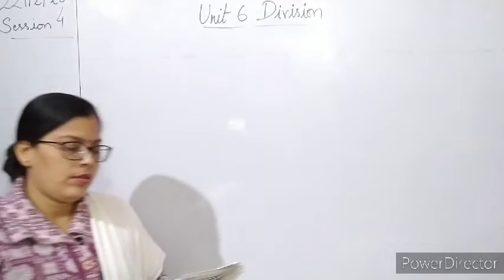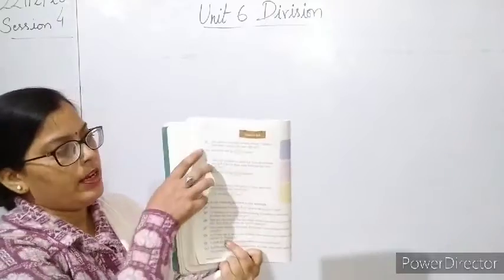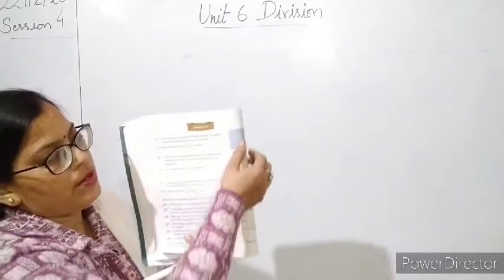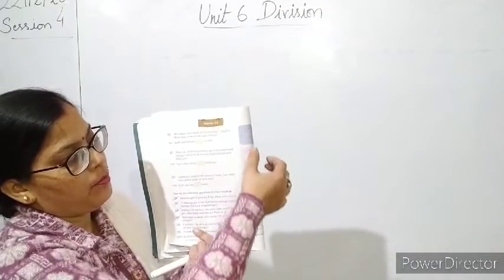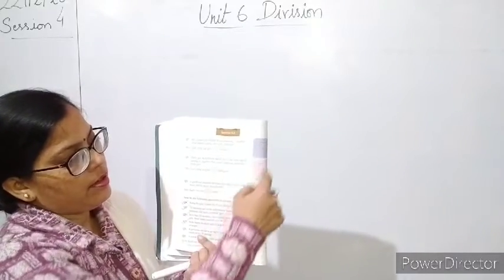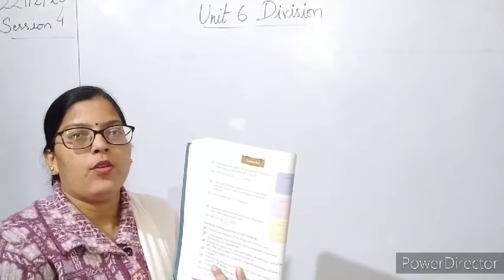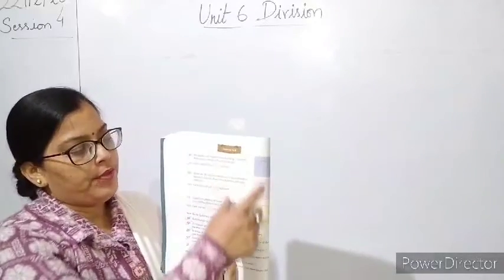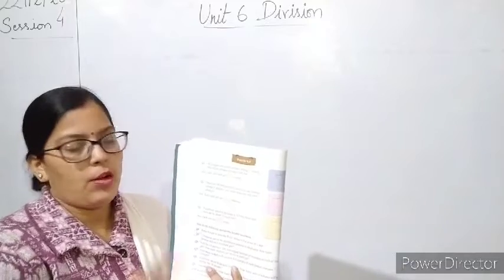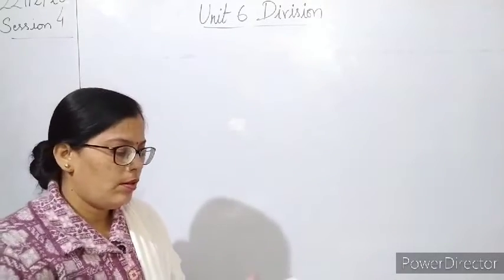So in this question, the first 3 questions here are given, and space to solve these questions has also been given, in blue, pink and yellow colored boxes. You have to solve these questions in the book itself. Do not write these questions in the copy. Solve these first 3 questions in the book itself. Now I'm going to read and explain this question, and I'll also solve it on the board.